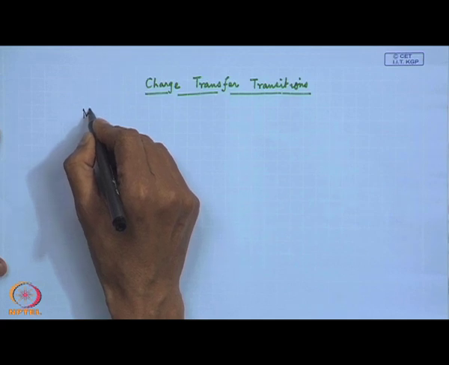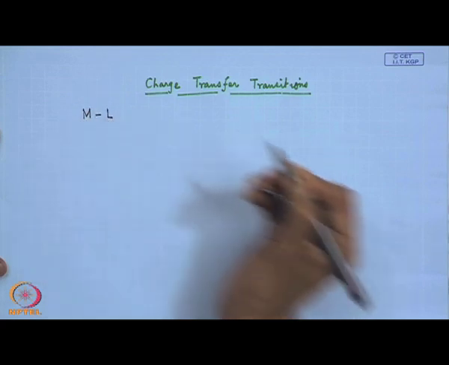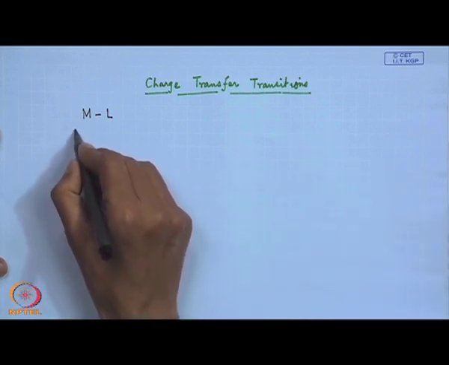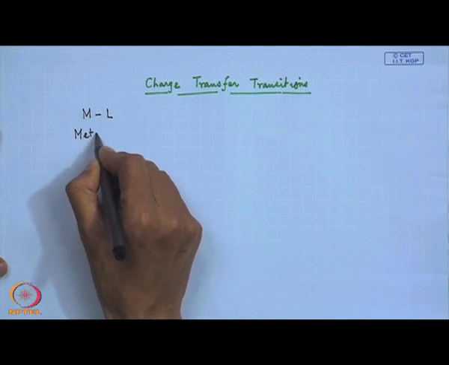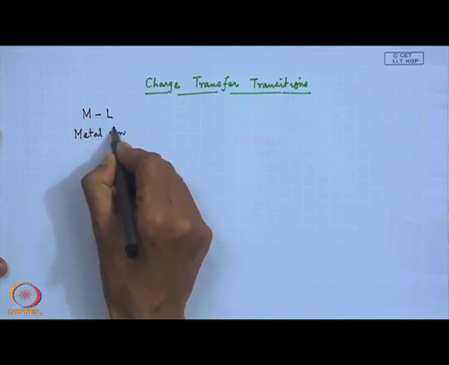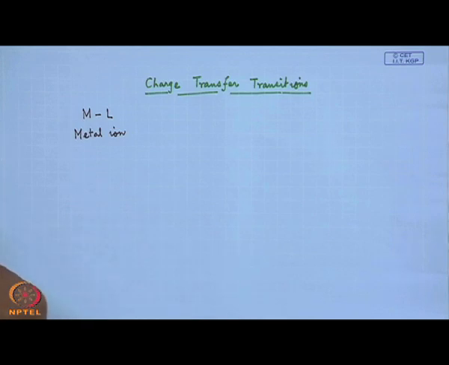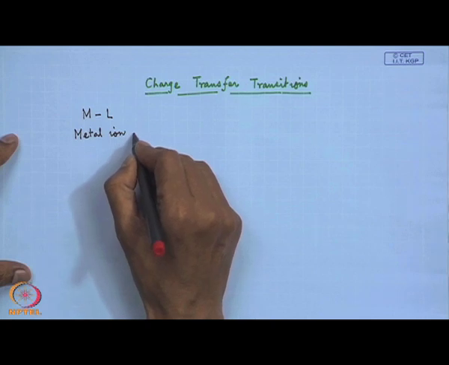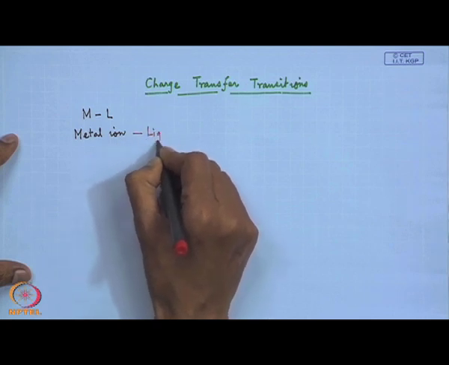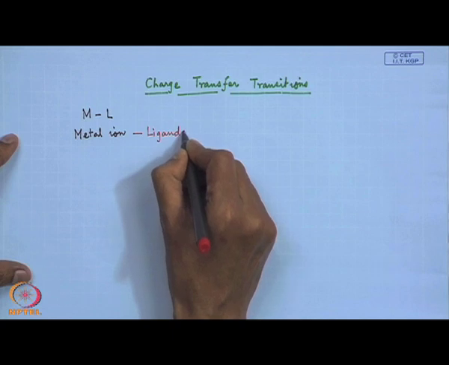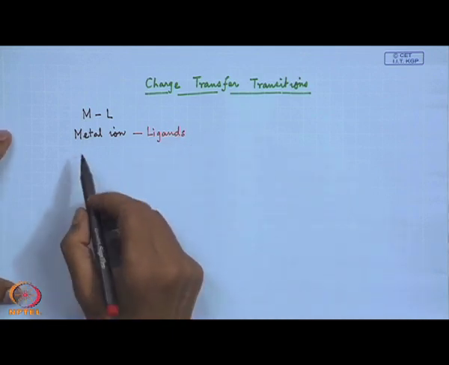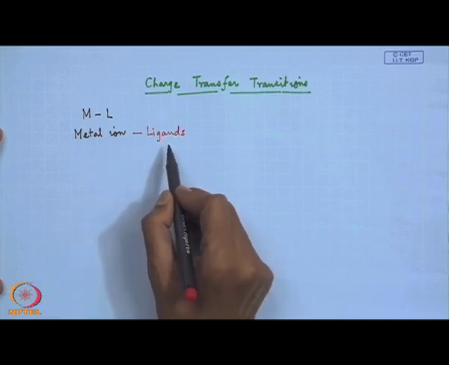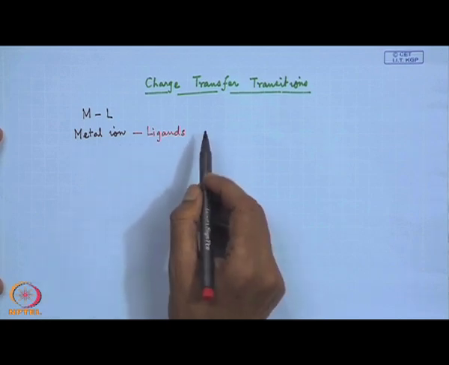Whenever we have a metal ligand system, in most of these complexes we have the metal ion at the center and different ligands surrounding this metal ion, and depending upon the nature of this particular metal ion center and the ligands, we can have different charge transfer